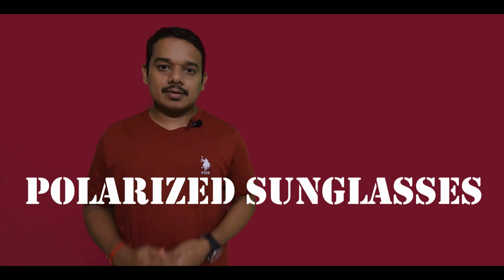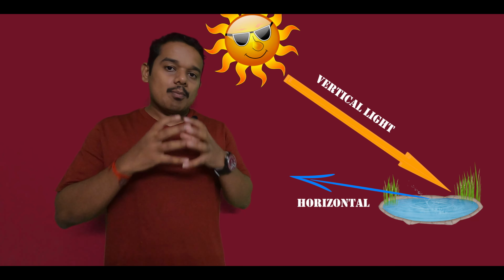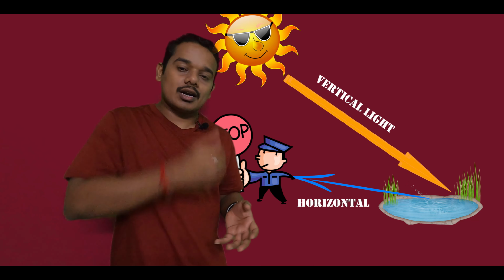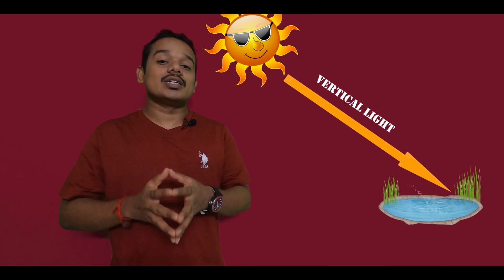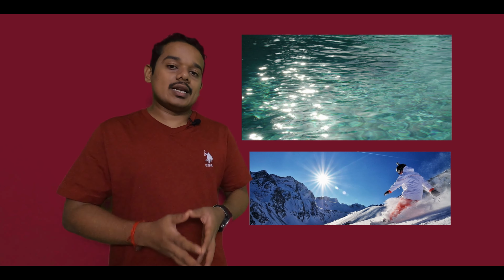In addition to this, there is one more topic called polarized sunglasses. The lens is applied with a special chemical that can filter light. Light from the sun hitting an object is vertical light, and the light reflected from the object is horizontal light. A polarized lens cuts down the horizontal light, and it helps us see the object clearly. For example, in activities such as fishing or ice climbing, the glare from the water or ice can damage our eyes. So a polarized lens will cut down the glare and protect our eyes.